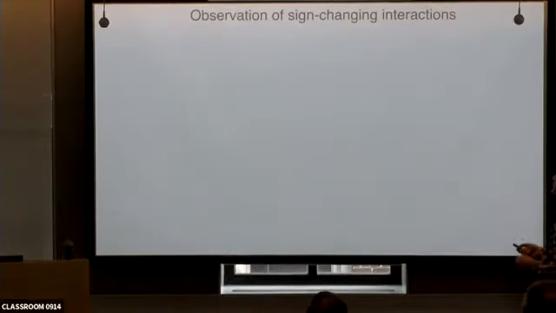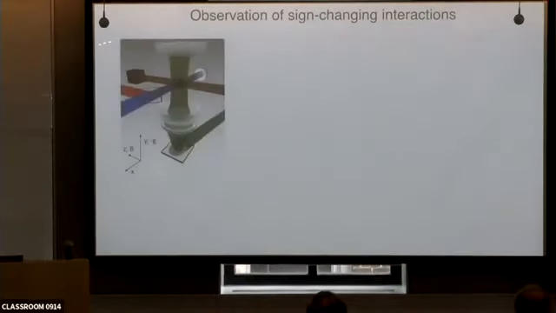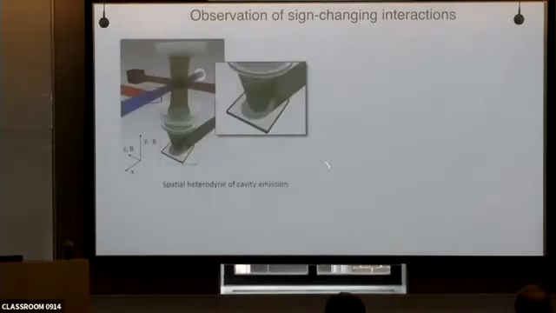So how can we observe that? So again, we do our experiment. And now what we want to do is actually look at the spins of the atoms to see whether that cosine interaction is making them flip sign up and down by imaging the phase of the light coming out of the cavity. So how do you do that? You take another laser beam that's exactly the same frequency and phase locked to the cavity light and beat it against it outside the cavity on a CCD camera.